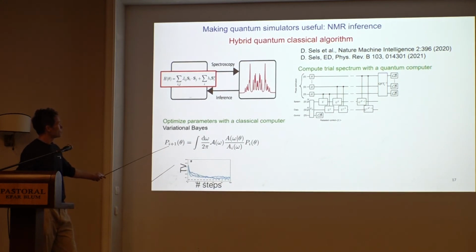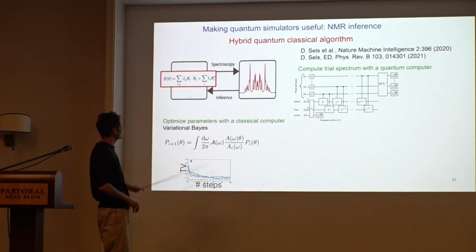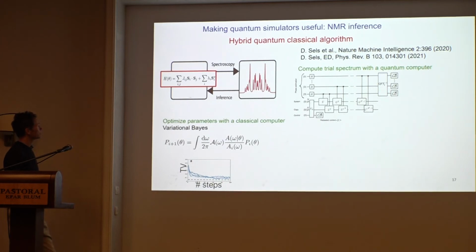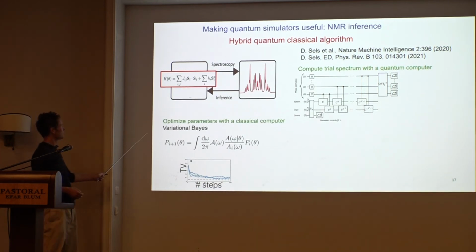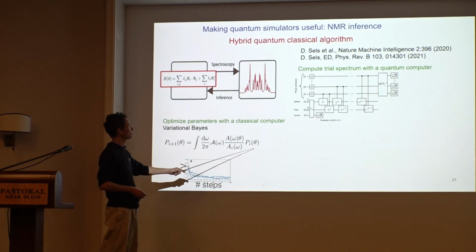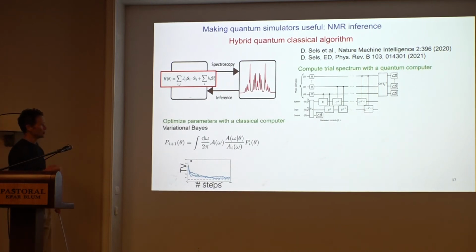Then, of course, if you compute the spectrum, you still also have to show that you can converge to the right Hamiltonian. Here Jesus' insight was that if we think about spectral functions, they look very much like probability distributions in statistics. They're normalized and positive definite, and so one can apply a variational Bayes approach, where basically every new measurement clarifies our guess about the distribution of parameters. These parameters are really the interaction strengths in the Hamiltonian, or effective Zeeman interactions.